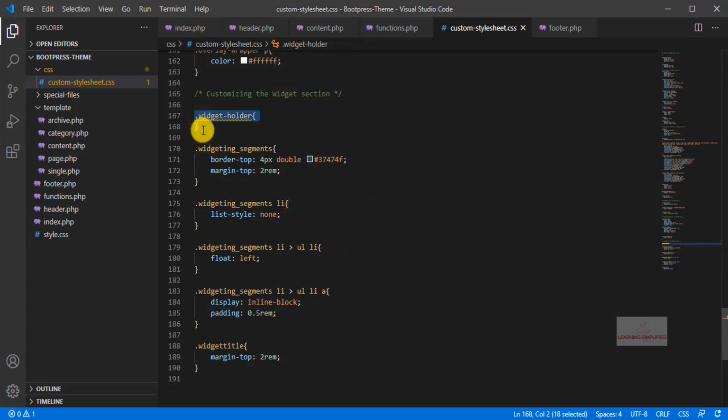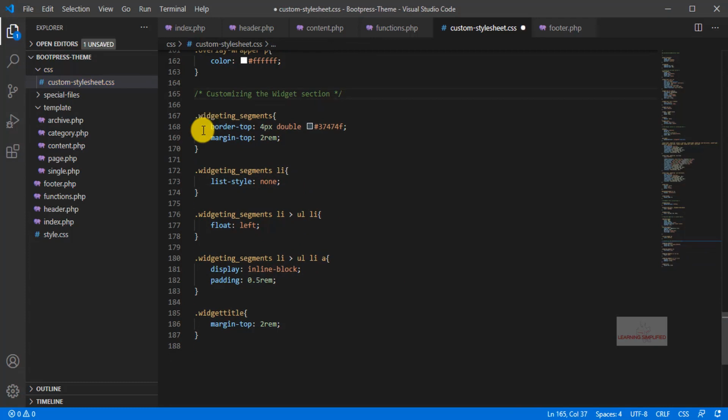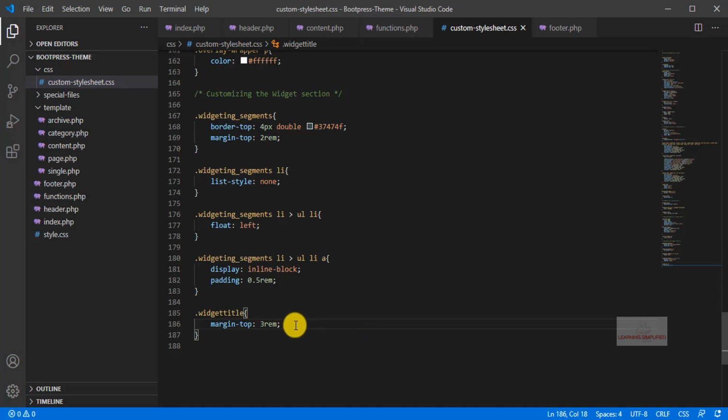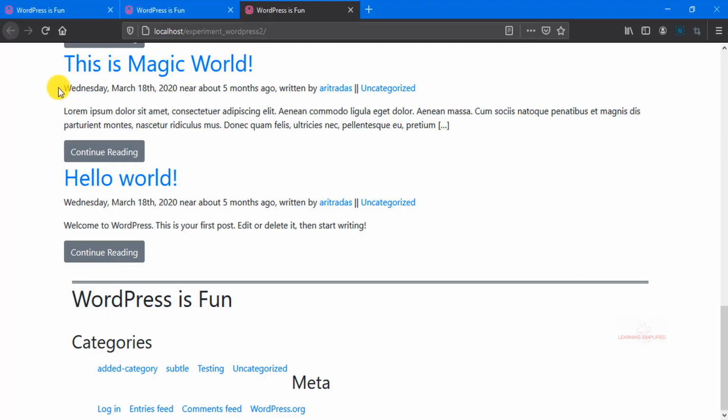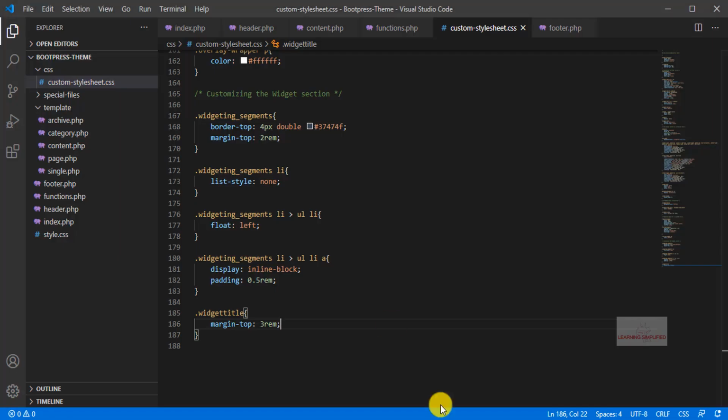If we are not using it, then perhaps we may remove it because it might generate some kind of error right over here, or you may keep it there. In top, instead of putting it to 2 rem, we are increasing it a little bit, 3 rem. There it goes, and everything right below comes within a horizontal position here. We have practically customized them and turned them into a beautiful website.